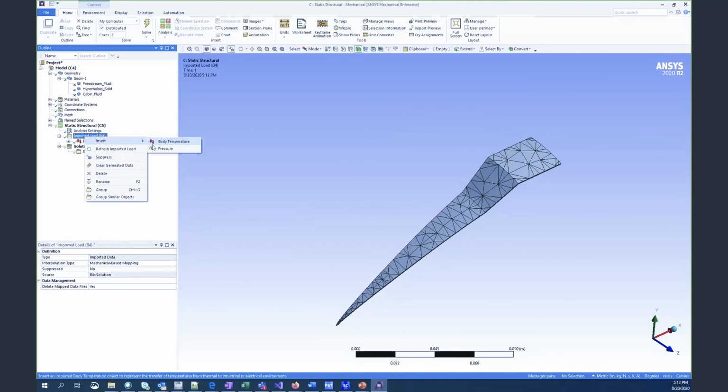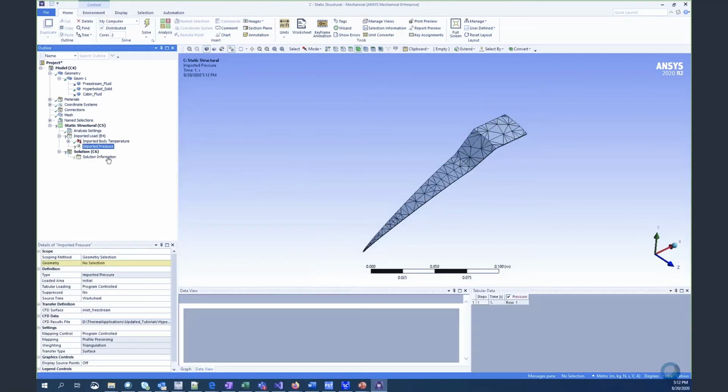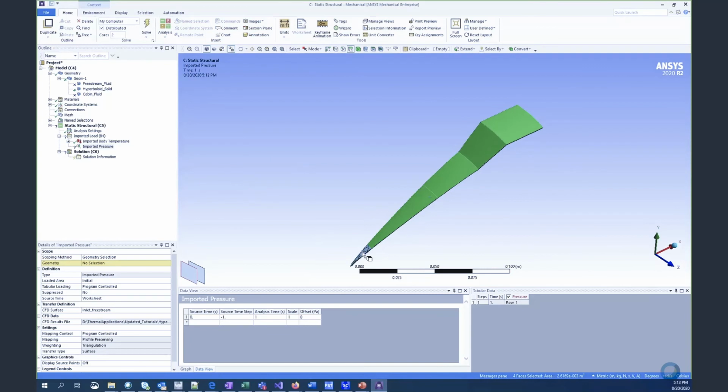And then finally going to go import load. And it's doing the mapping. So now at this point, it does the interpolation of the temperature values. Similarly, you're going to do the same for the pressures. So import the pressures, and then